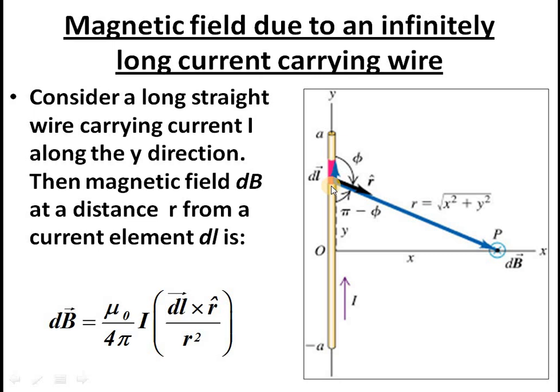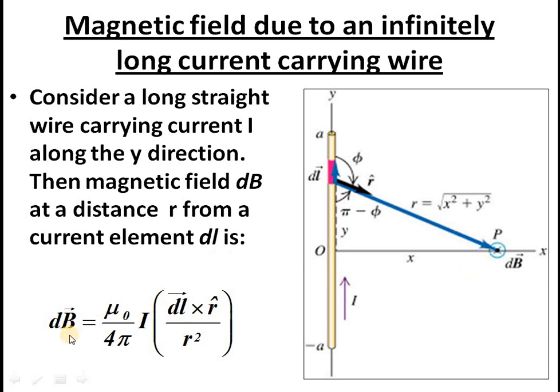And subsequently we will add up the contributions due to different pieces of wire. That means you can sum up, or integrate in mathematics. When you integrate the contribution of each and every piece of wire, you will get the total magnetic field at the point P. Let us see how this is done.